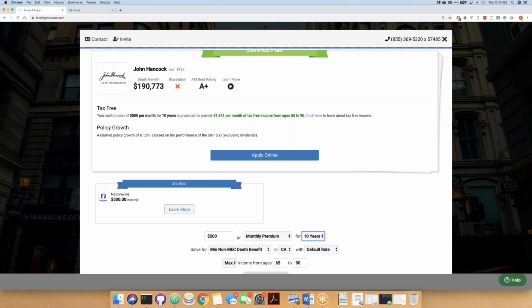So my contribution of $500 per month for 10 years is projected to provide a little over $1,800 per month of tax-free income. That's per month of tax-free income from ages 65 to 90. This is just the story of compound interest without taxation. You can click here to learn more about tax-free income. Some agents use this proposal